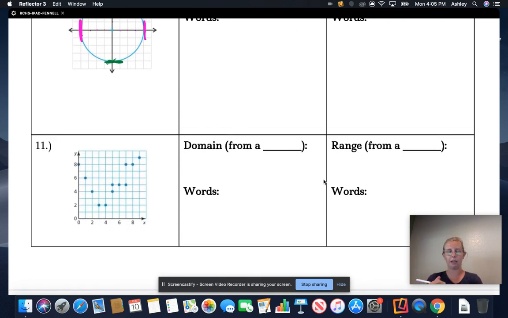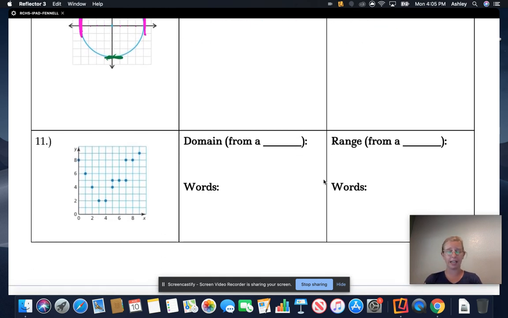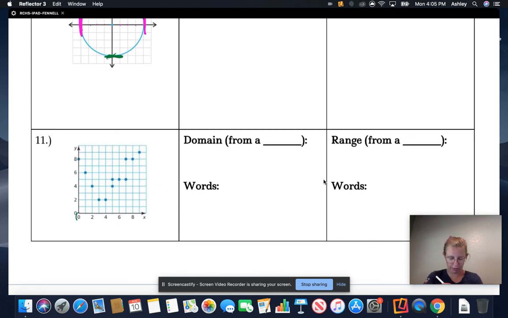Okay, this is domain from a graph, but in this case, notice these points are not connected. So because these points are not connected, we're just going to list out the x values. So I see an x value of 0 right here, connecting to this 0. So that's a 0, 1,